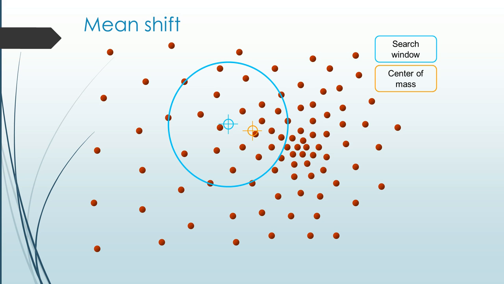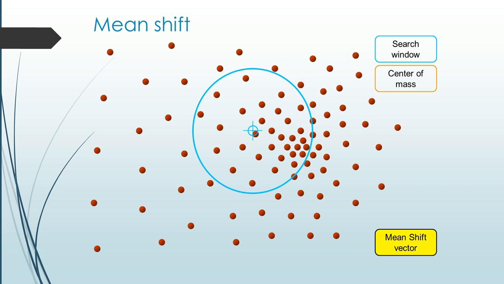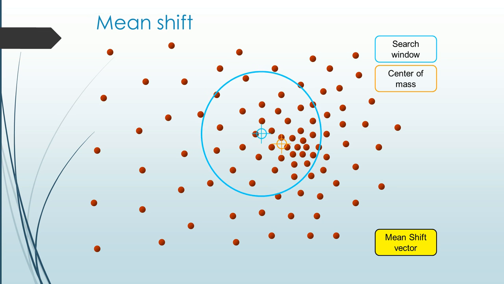Once we find the center of mass, we calculate the mean shift vector, and then we shift the actual center to the new center of mass. And then we come up with a new set of features that are within this search window. Again, we calculate the center of mass and then the mean shift vector, and then we move to the next